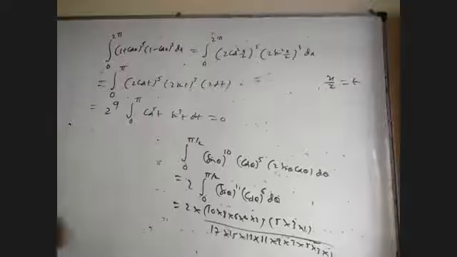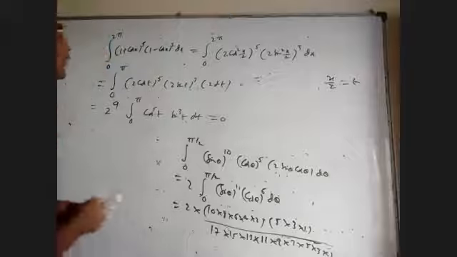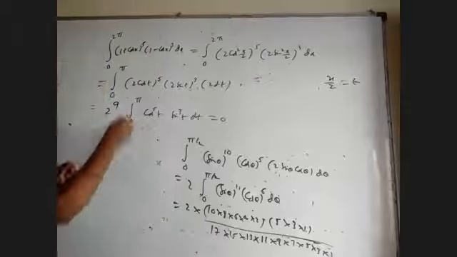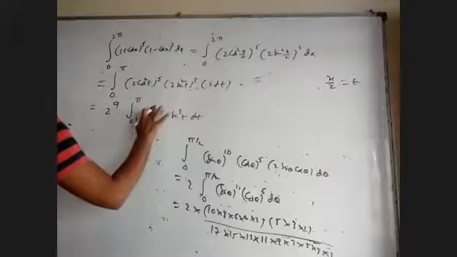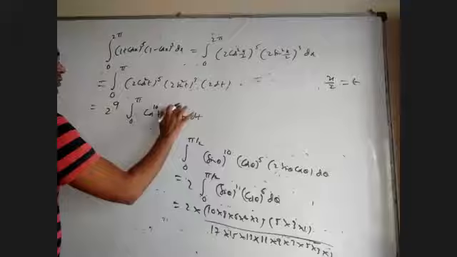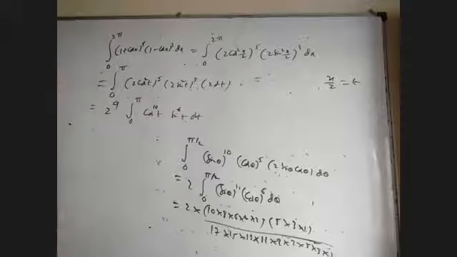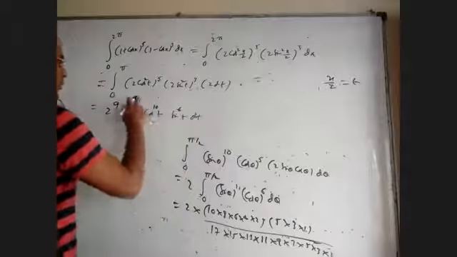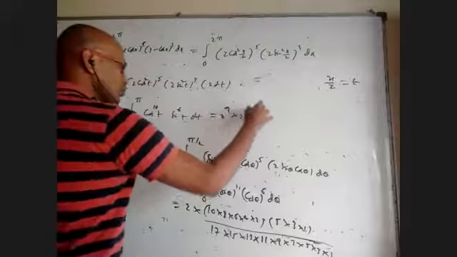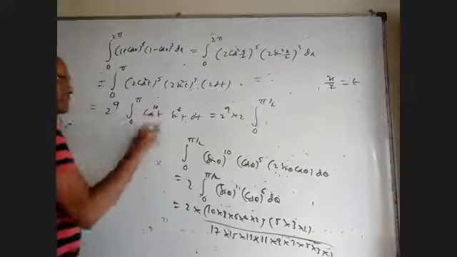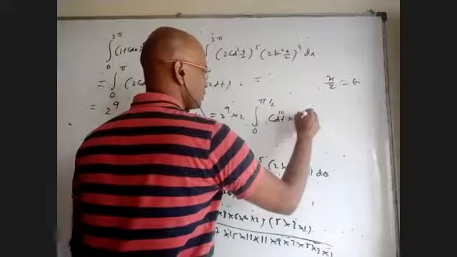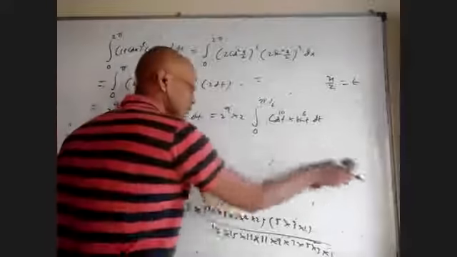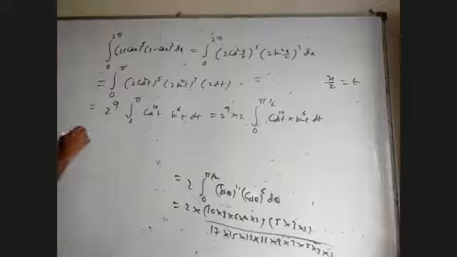Sorry, it is not 0 because my powers are wrong. They are 10 and, okay, wait. Square and power 5, it is power 10. This is square, I did not write. This is also square, I did not write. So this should be power 10. This is power 6. Now yes, we can go ahead with the formula. First of all, 0 to pi, replace, it becomes 2 power 9 into 2 times 0 to pi by 2, because f of pi minus t is f of t only. Cos t power 10 sin t power 6. So 2 power 10.